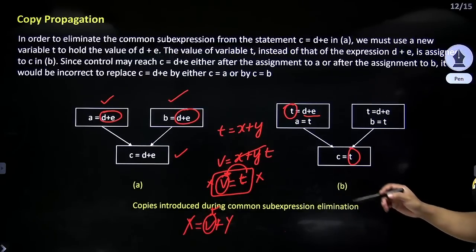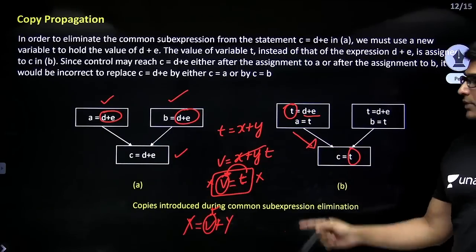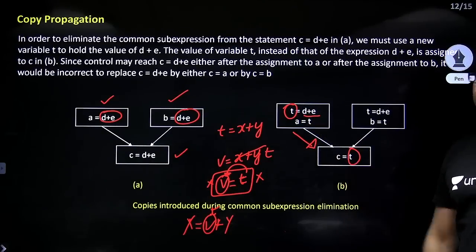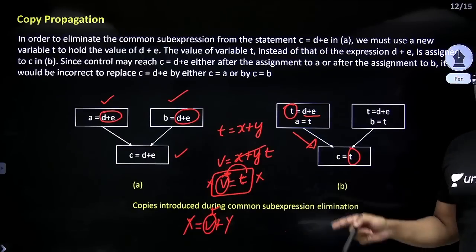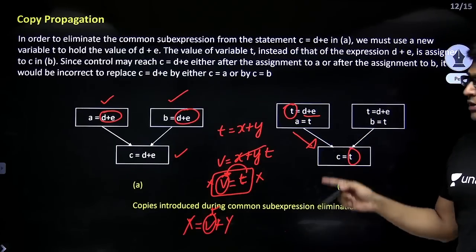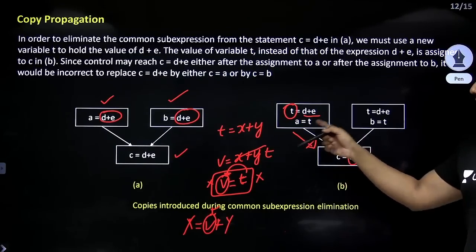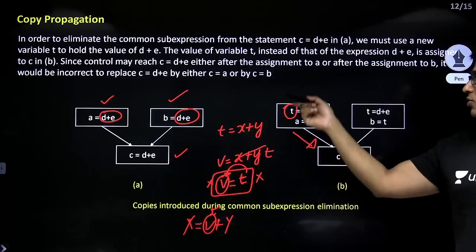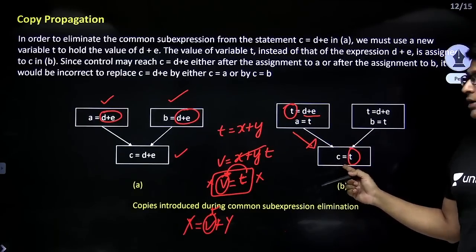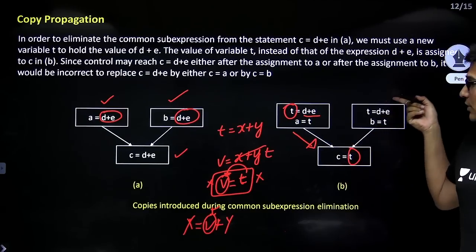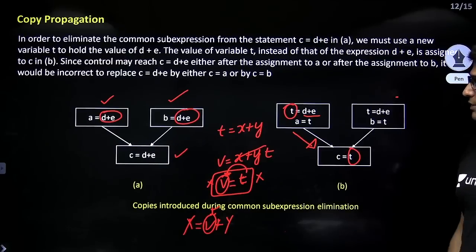Now the problem is the control can come in this direction, which means after these statements the control can come here, or the control can also come through this, right? Therefore you have to be careful there. Both sides you have to change, because we don't know where the control comes from. If you just replace here and directly write it here, the control might come from this side, and if control is coming from this side, it doesn't know what the value of t is, right? Therefore we have to write like this.